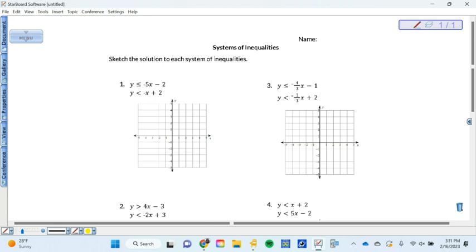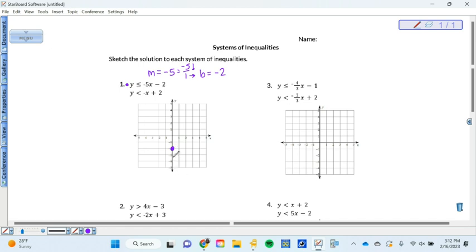These are both in slope-intercept form, which makes it a lot simpler. That first inequality, what is my y-intercept and what is my slope? -2 and then -5. Yeah, good. My y-intercept is -2. My slope is -5, which is like -5 over 1. That means I go down 1 or down 5 over 1. So I start at -2. I go down to -2 on my y-axis, and then I